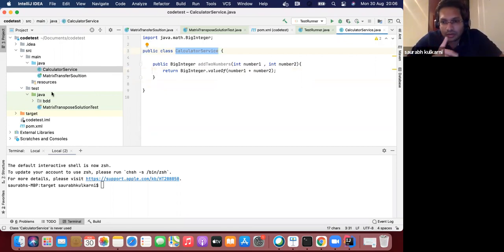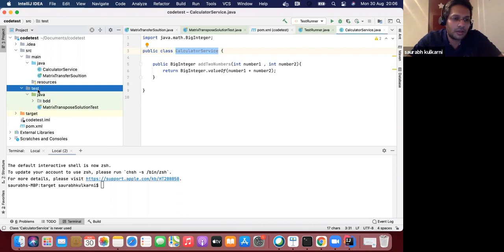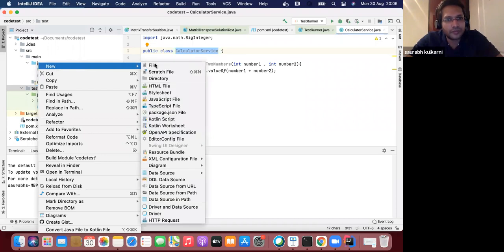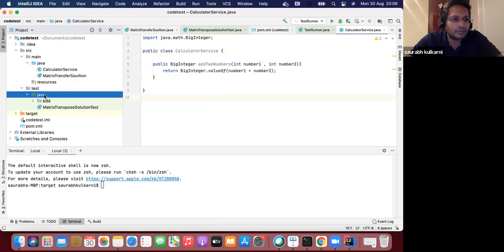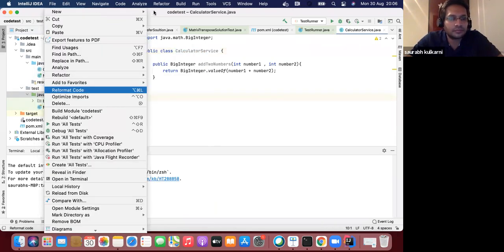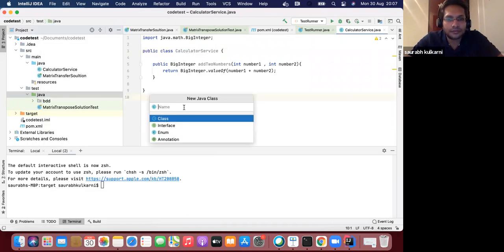So the first feature of the calculator is it should be able to add the two numbers. Now I'm going to write the test here based on this requirement. Calculator service.